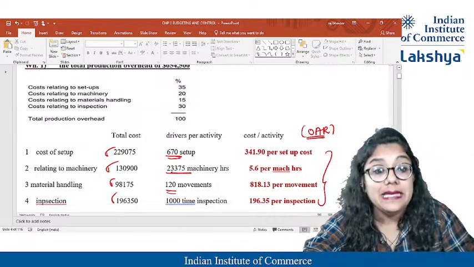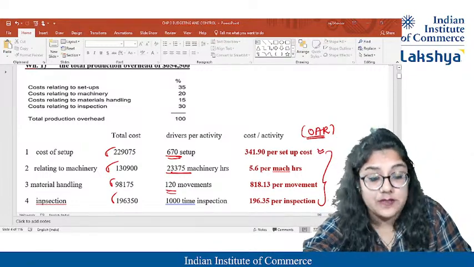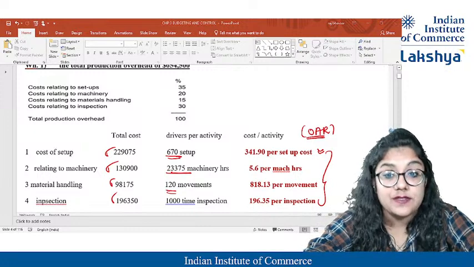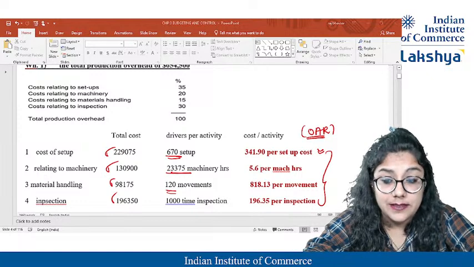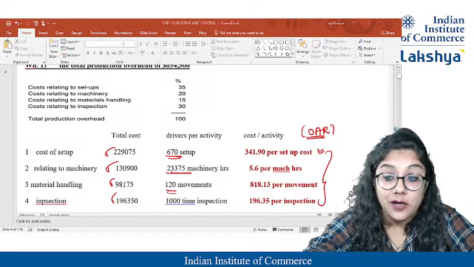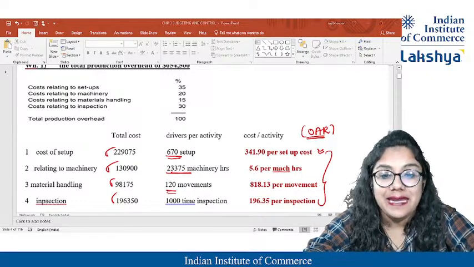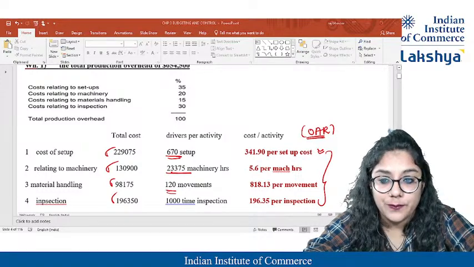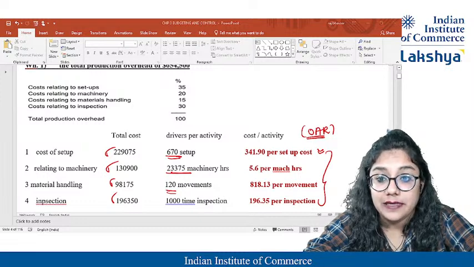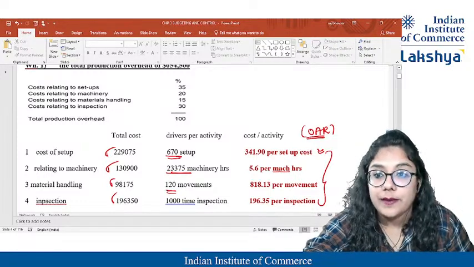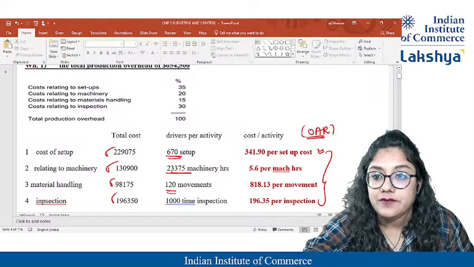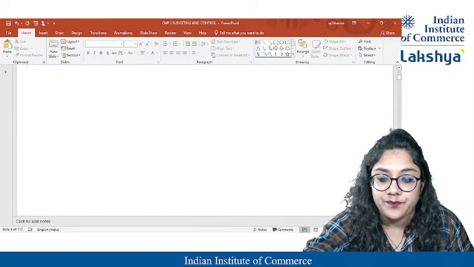Now, I can multiply these rates with the number of setups which is there individually per unit. In the question, it is given what the number of setups and so on are. Then I can consider it and find out the total value. If I give you a situation, you will definitely find it out that way. Wait a minute, I'll just show you the question also. If this is provided to you in the question,